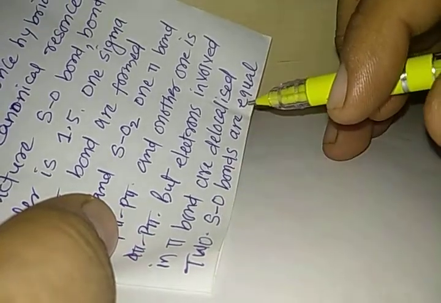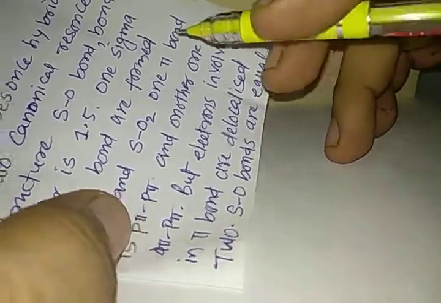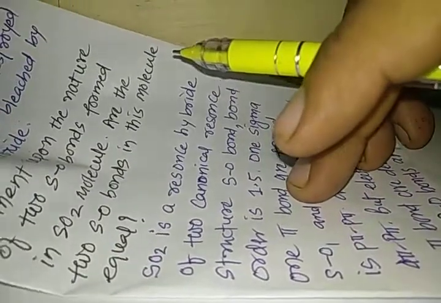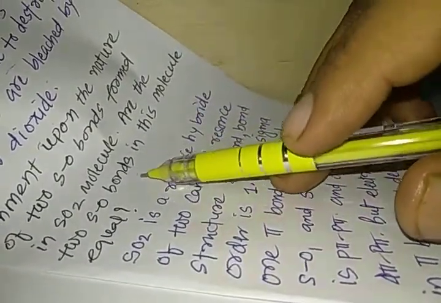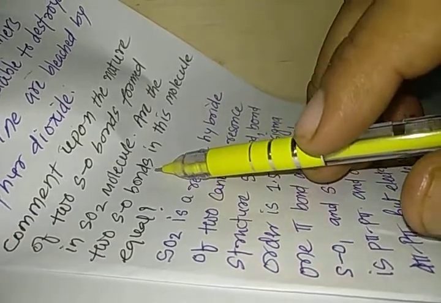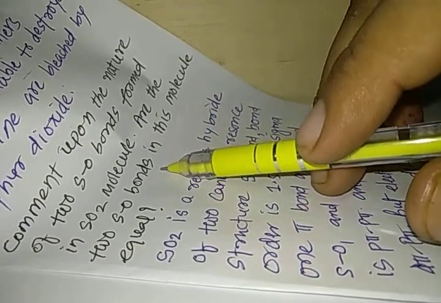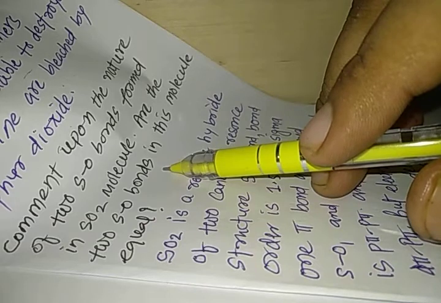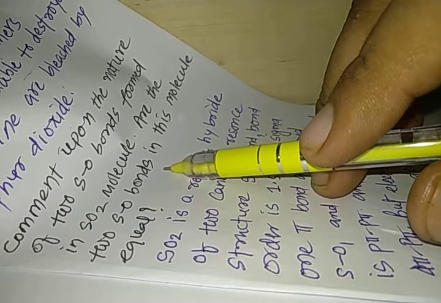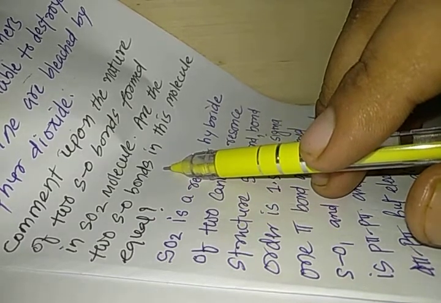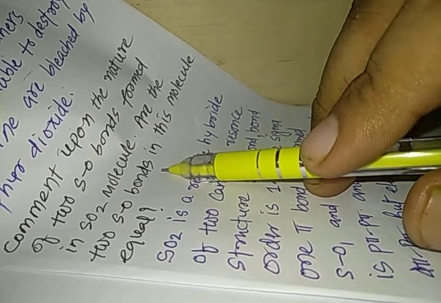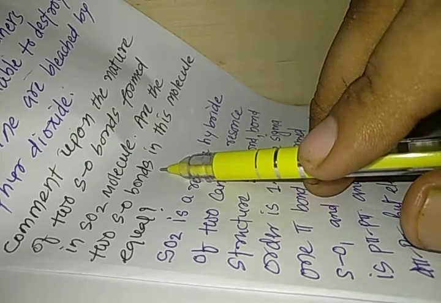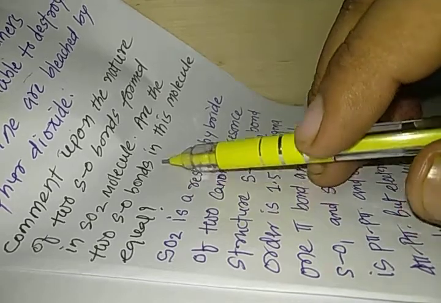and that is why the two S–O bonds are equal. Just to answer this question in a proper manner so that you can understand it well, it was necessary to discuss the exact hybridization and structure of sulfur dioxide in three dimensions. Maybe it is useful for your competitive purposes, that is why I have discussed it, and I found it very interesting. I hope, my dear students, you are enjoying your studies. Happy learning.